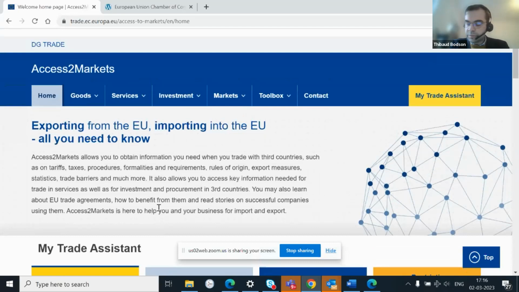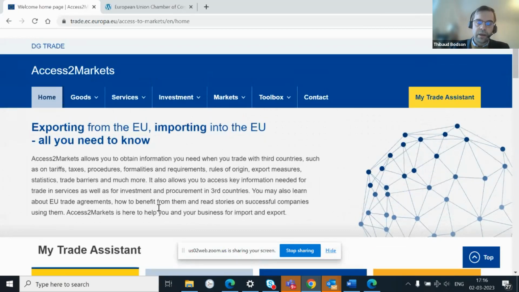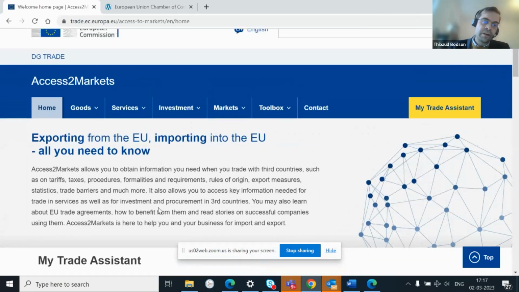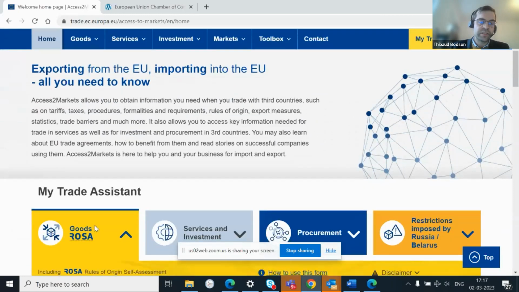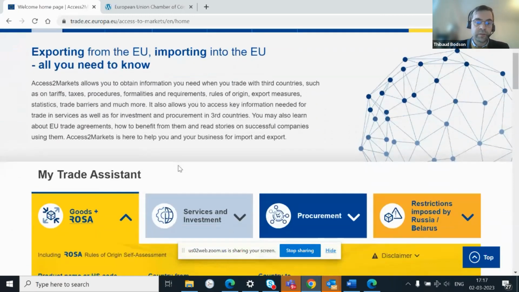So the first point on the objective pursued by my trade assistant for service and investment. Well, it's very much the sibling platform of my trade assistant for goods, but the focus is obviously on service and investment.